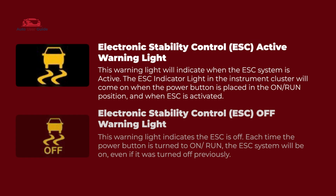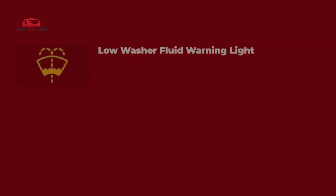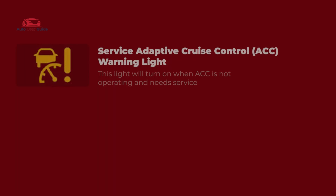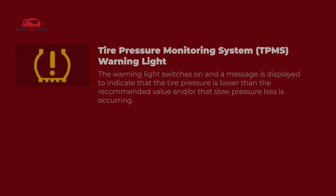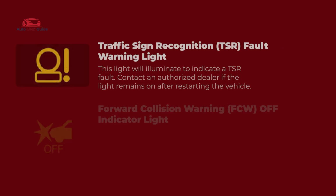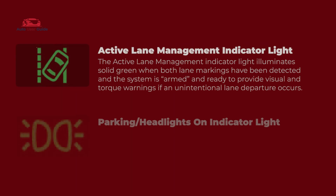electronic stability control active warning light, electronic stability control off warning light, low washer fluid warning light, service active lane management warning light, service adaptive cruise control warning light, service forward collision warning light, tire pressure monitoring system warning light, traction battery cutoff warning light, traffic sign recognition fault warning light, forward collision warning off indicator light, active lane management